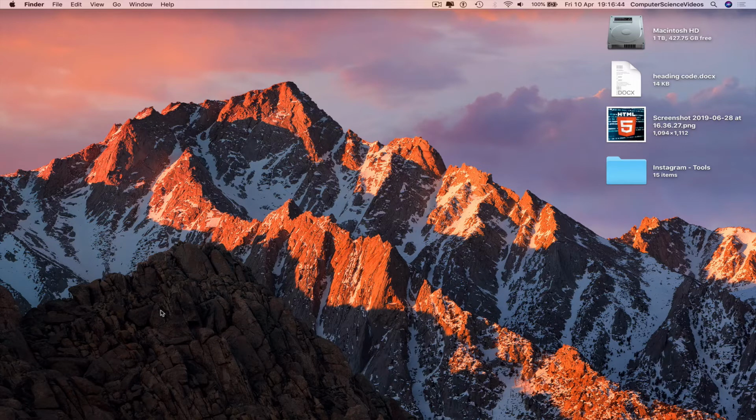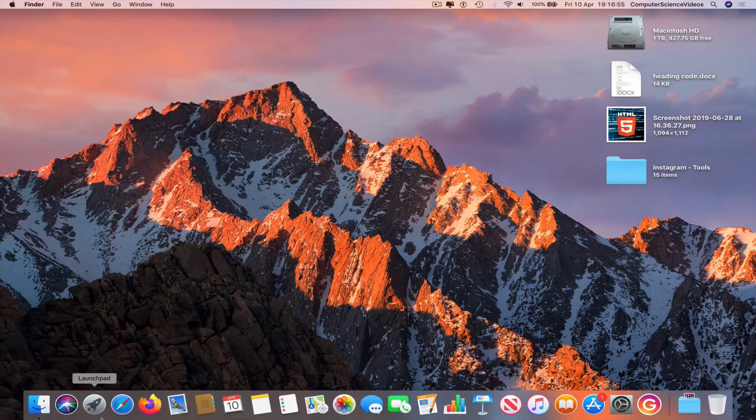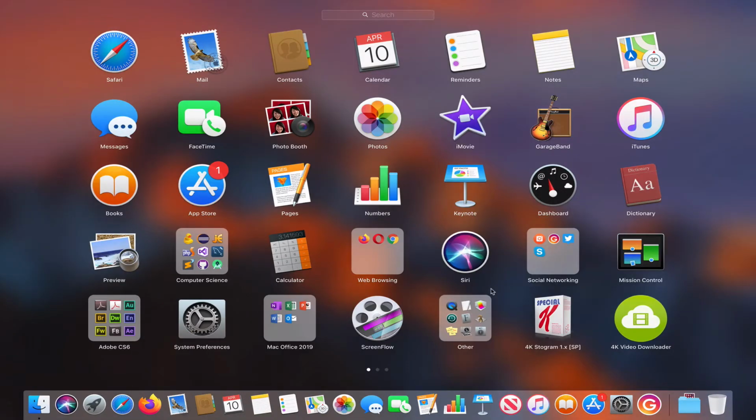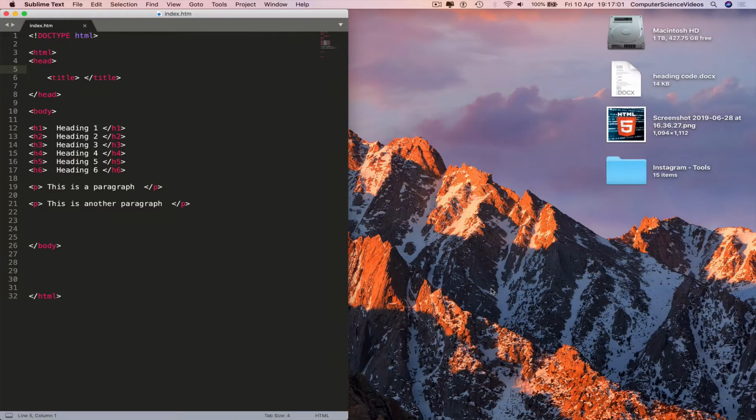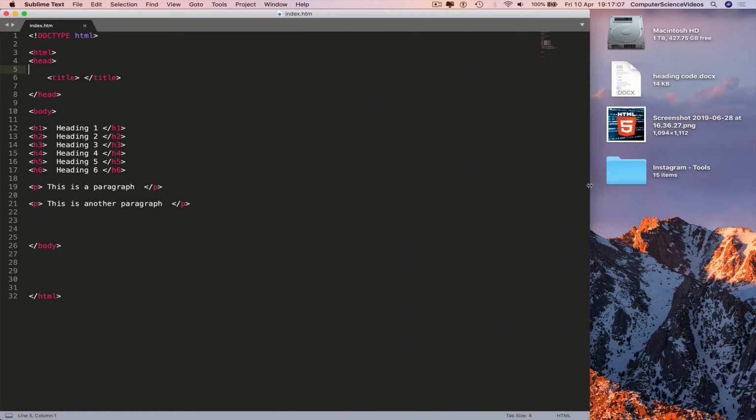So in this tutorial, you need to have access to a Mac computer, the text editor, which is Sublime Text, or any other text editor you wish to use. So we're going to go over to the dock, go to Launchpad, search for the application Sublime Text, and that should open. The previous tutorials work. If not, go to File, Open, search for the destination, open up the index.html file, and this is what you